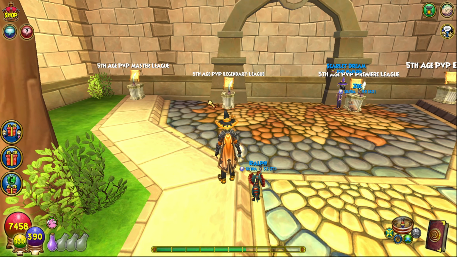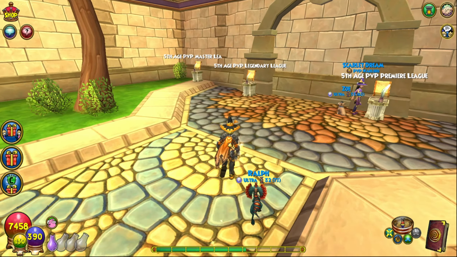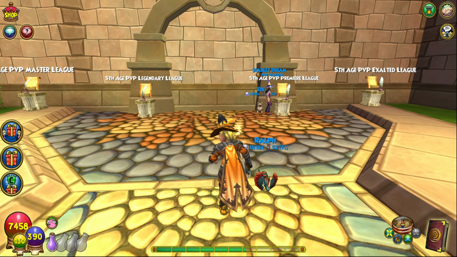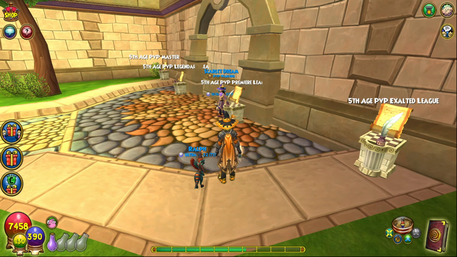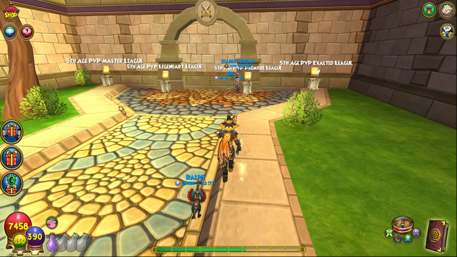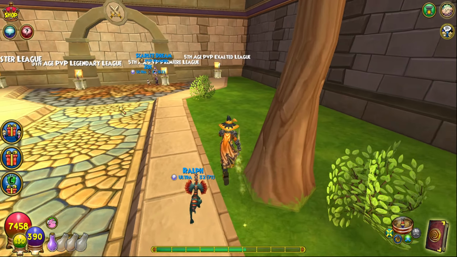So essentially, you've got your Master League, Legendary League, Premier League, as well as Exalted League that players are going to be able to join and PvP in. The Master League is available to players that are levels 40 through 50. The Legendary League is available to players that are levels 60 through 69. The Exalted League is going to be available to wizards that are level 100 through level 109. And then, of course, you've got the Premier League, which is going to be available to people from 140 to 150. So it organizes players based on a small range of levels and pits them